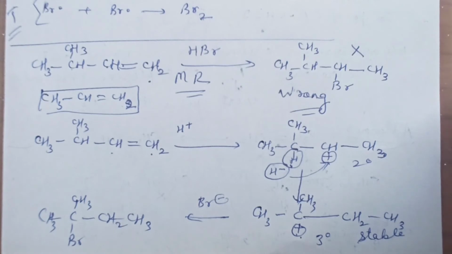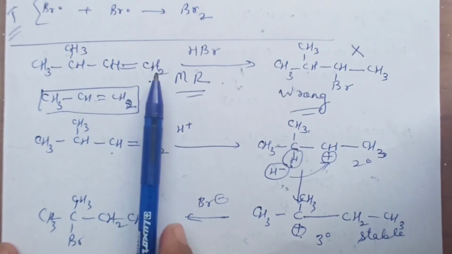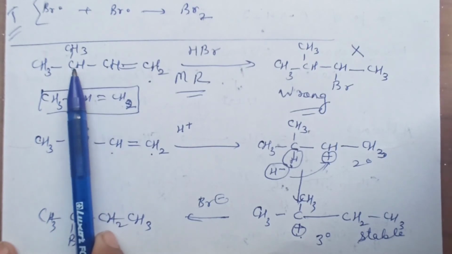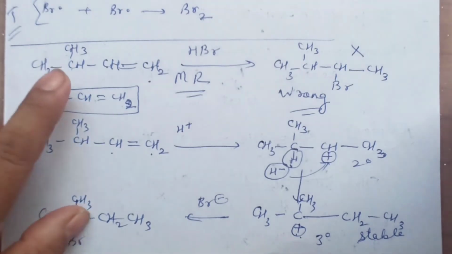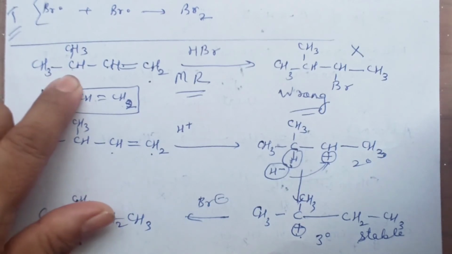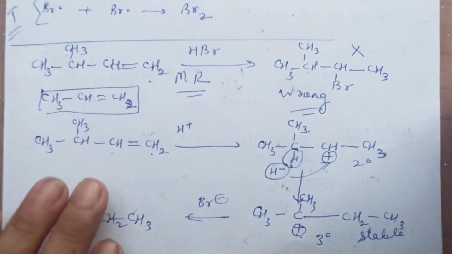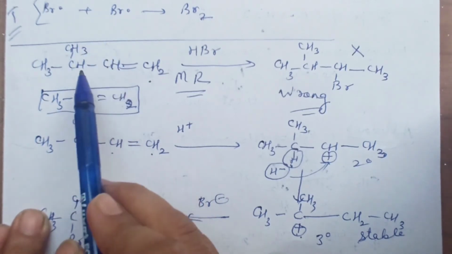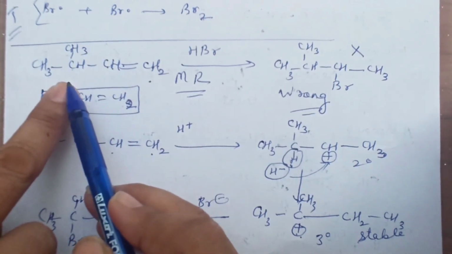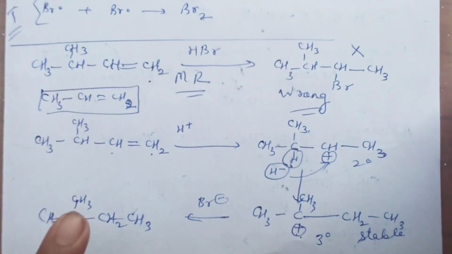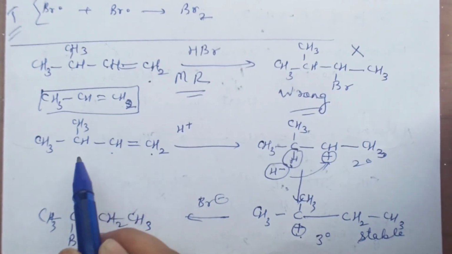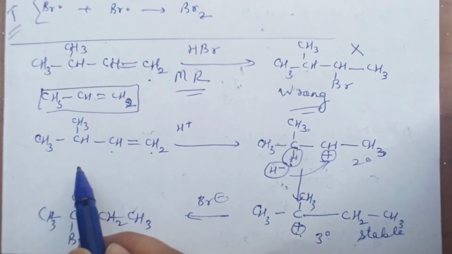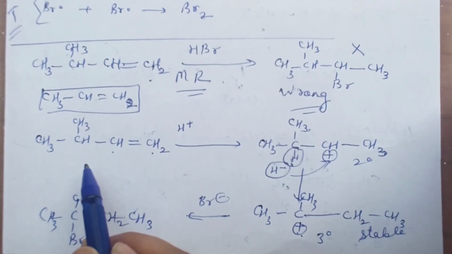Did you follow this? Carbon-carbon double bond, and on the next carbon, a total of 4 carbons should be there, and on the next carbon there is H or methyl. Now you will ask why methyl did not shift. If instead of H there was also a methyl here, then methyl would have shifted. In this question, if you shift methyl, then a secondary carbocation will be here. So no problem, here only hydride shift will occur. Don't think that methyl should be shifting here. If methyl shifts, you will get a 2 degree carbocation, so methyl shift doesn't occur, hydride shift occurs.